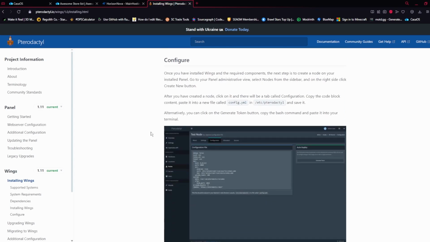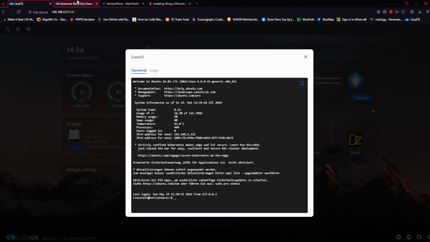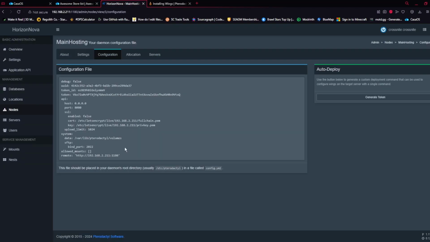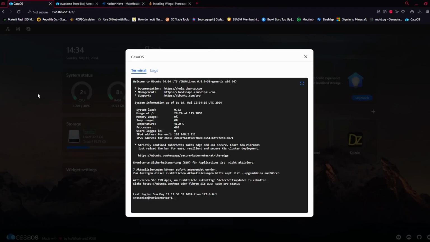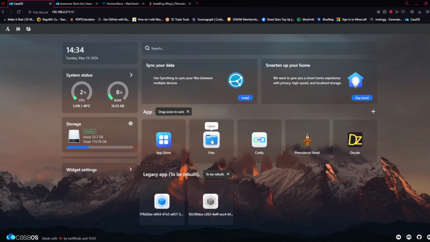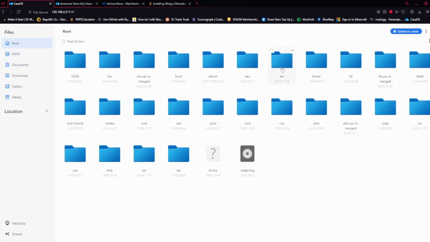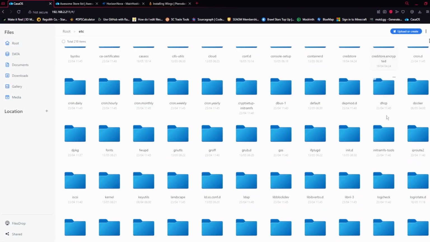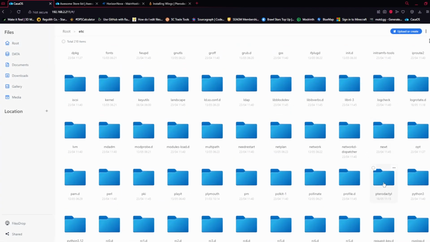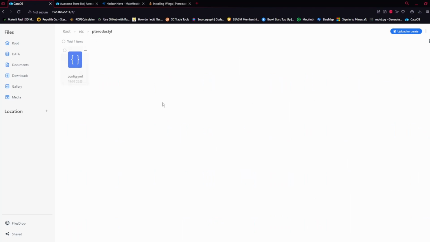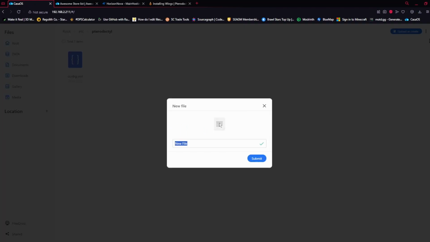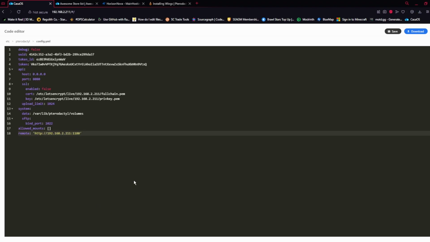And now to configuration. This is how we need to now get the configuration. So we copy that, go out of here, files, you go in root, etc, scroll down a bit until you see Pterodactyl, and then you make a new file called config.yml. Go in here. I actually left it blank so I can show you. You put in your